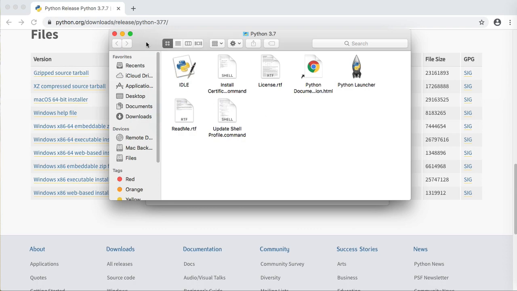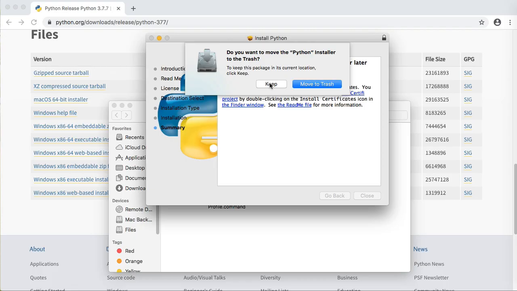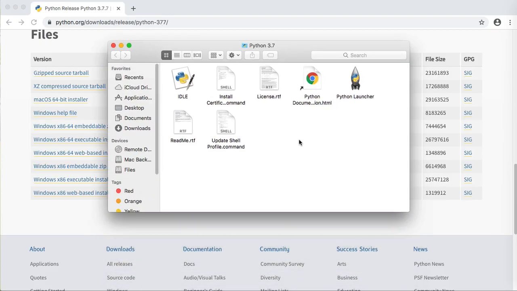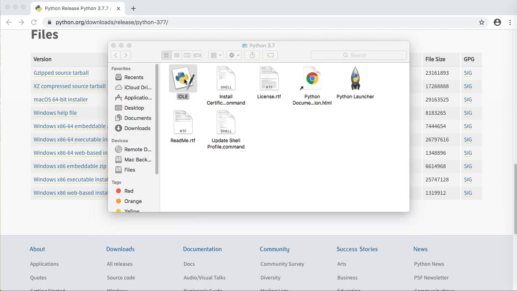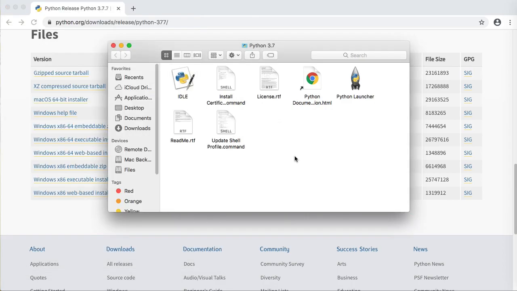You can open it. You see the Python shell is there. So this means we installed Python successfully.